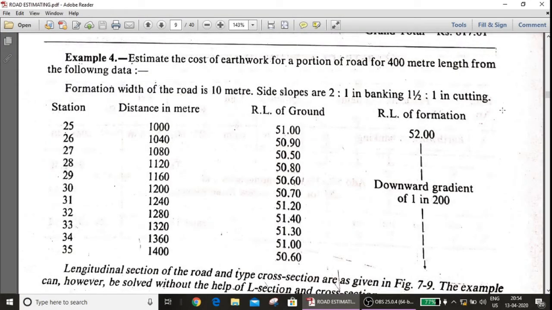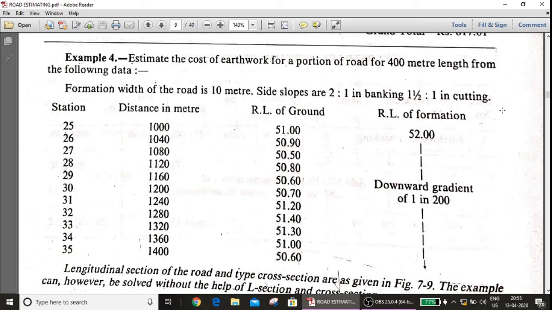Hi, my dear students. In the last lecture, we saw some introduction about road estimation and we also solved three examples. Now we will continue that. So, example number 4, estimate the cost of earthwork for a portion of road for 400-meter length from the following